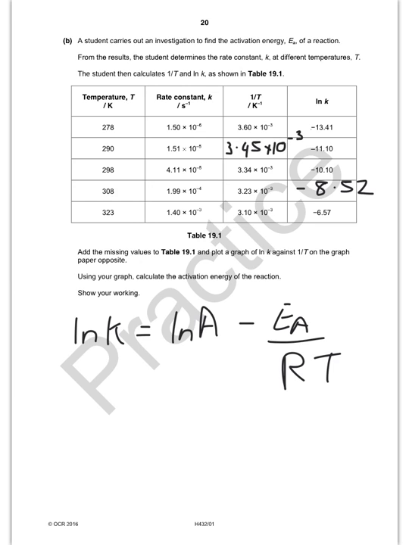Okay, so I think we all know where this question's going. So first of all, we just need to calculate those two remaining values of 1 over T and also log k, or ln k. So we've done that. And then we're going to plot a graph. So I put the equation there. So remember, we plot a graph of log k against 1 over T,